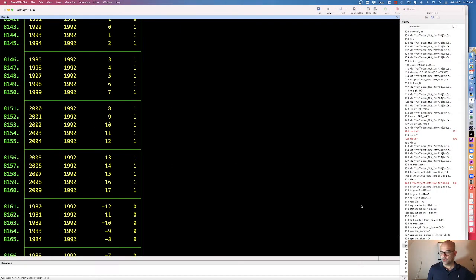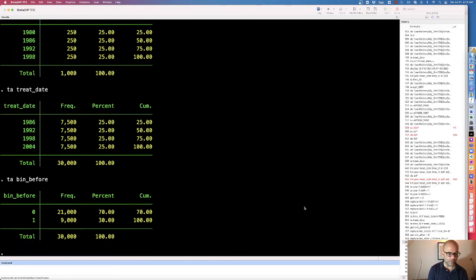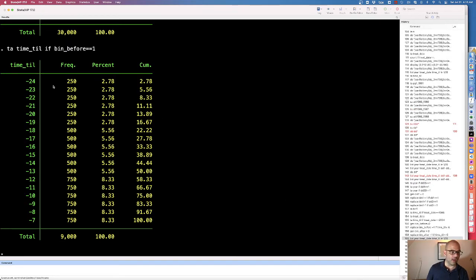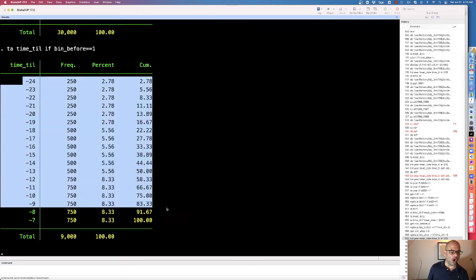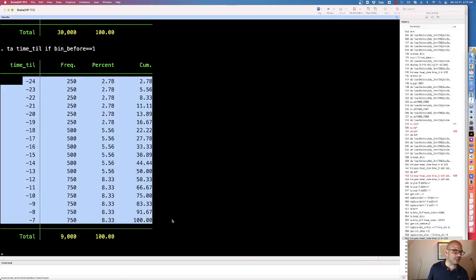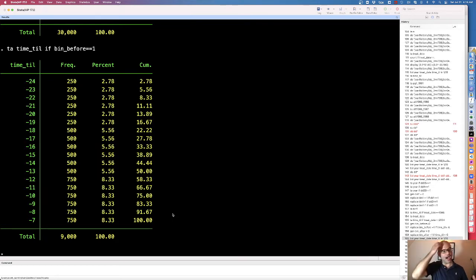Oh shoot! Right here, where we were doing tab bin before. We were like, tab time till if bin before equal 1. And we were like, oh, binning means sticking all of those excess leads into one dummy. And the reason you do it is because if I was to estimate a model that estimated all these leads